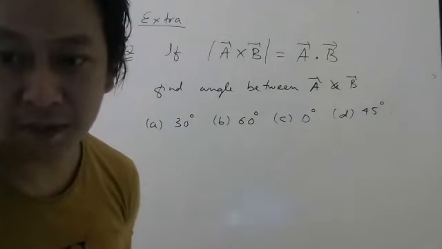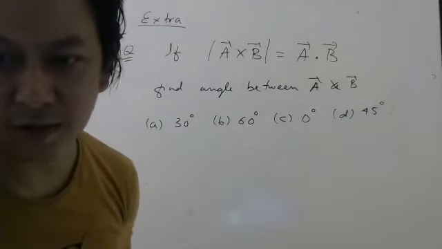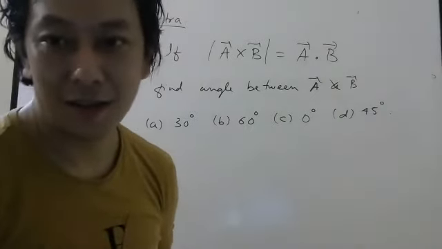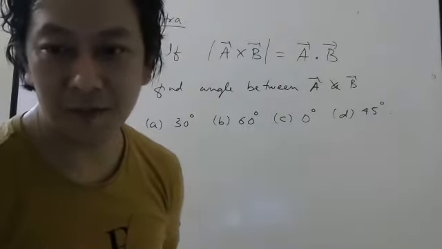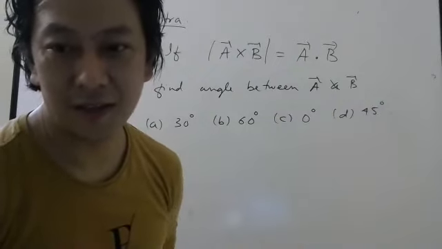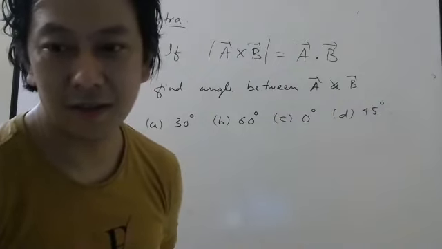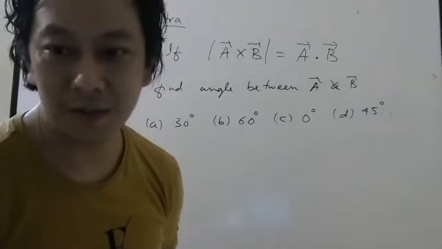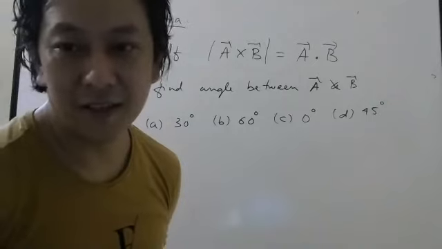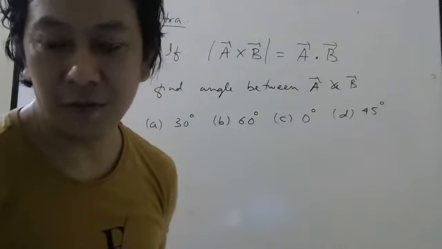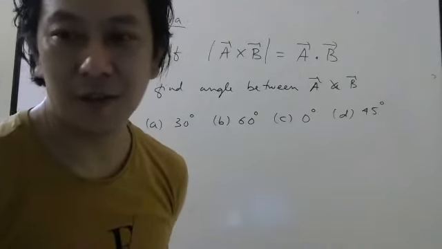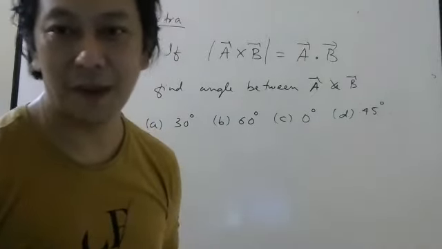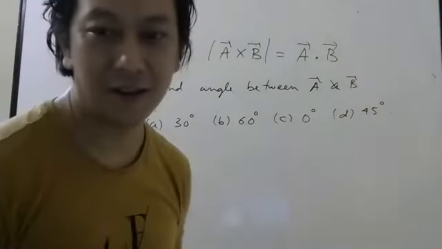Sir, A bar cross B bar is a magnitude only if it is 0. What I did not understand? A bar cross B bar is a vector. A bar cross B bar is a vector. Okay, so try to answer. A bar cross B bar is a vector, Stalin. So it will have magnitude even if it is not 0, right? Why does it have to be 0? Can't there be a vector which has some magnitude? It has to be 0 or what?